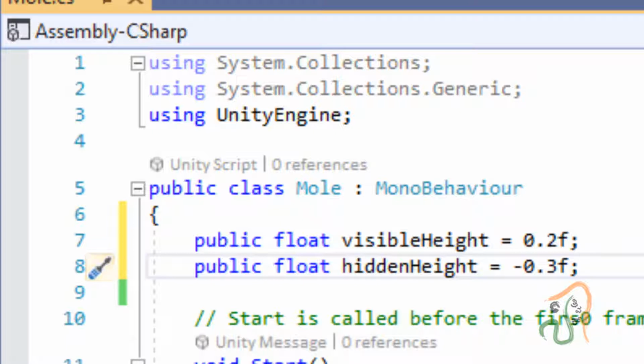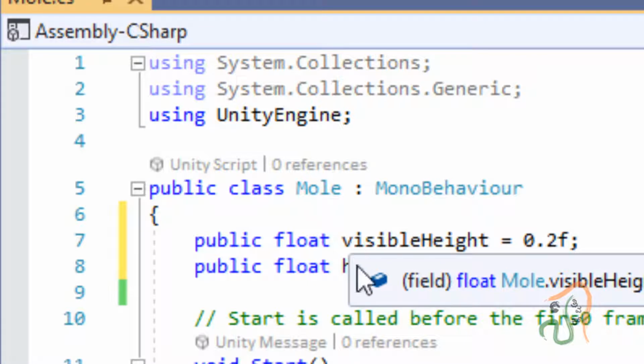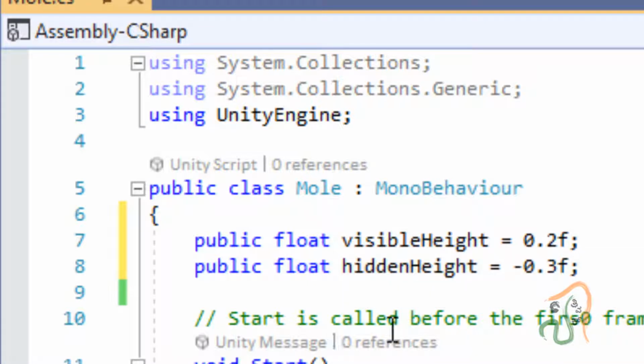So we have two variables declared here: visibleHeight, set to 0.2f, and hiddenHeight, set to minus 0.3f. Here we have kept V and H in small letters, and in Height, H is a capital letter. So maintain the same system everywhere.